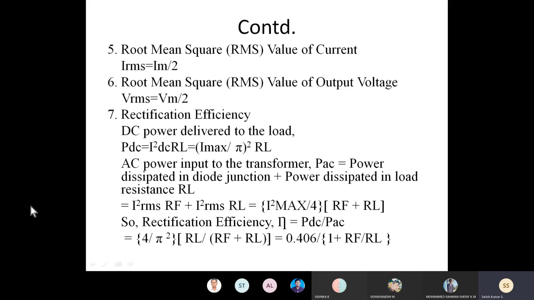So simply, the term efficiency is output power divided by input power. So we are going to calculate the output power. Output power can be calculated in different manners. Here I am using the fundamental Ohm's law, I square R. Ohm's law மூணு category இருக்கு. Product of V into I is a way to calculate power. Another one is I square R, and another one is... வேற என்ன பவர் எப்படி சார் கால்குலேட் பண்ணலாம்?